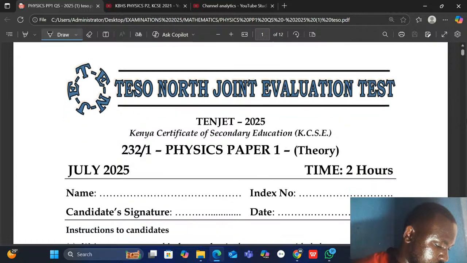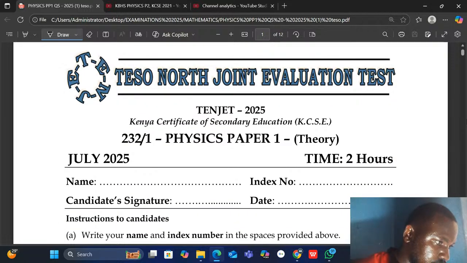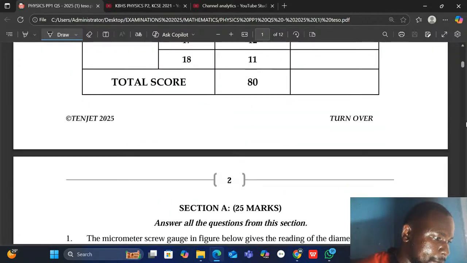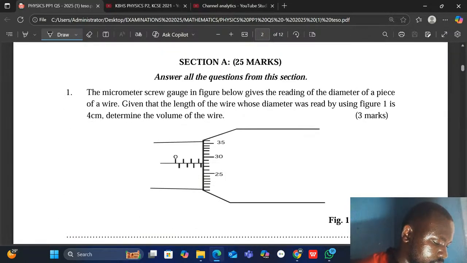So now we can proceed to section A, where the first question reads,